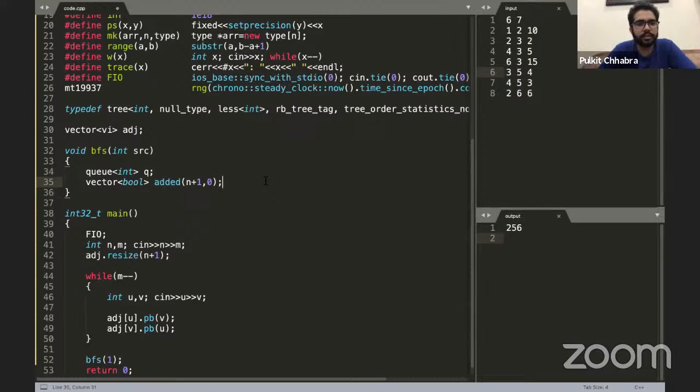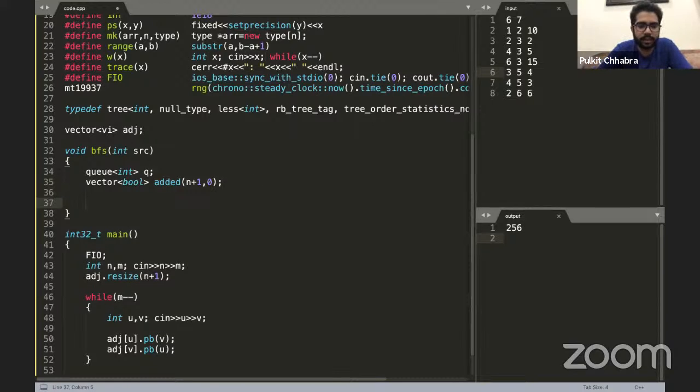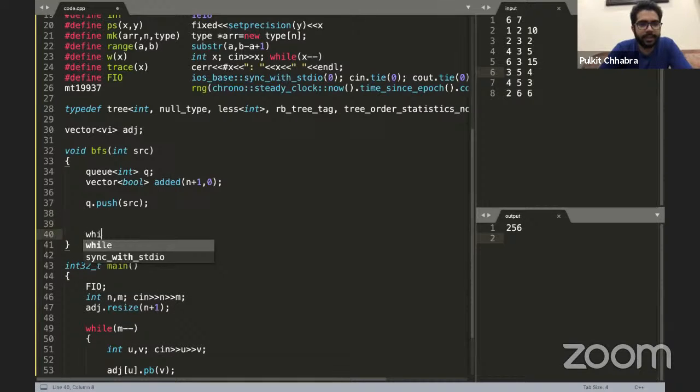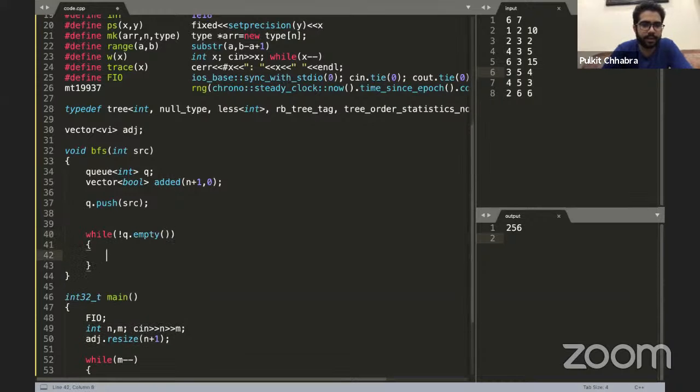Cool. So initially, I just add the source node to the queue, right? So the source node has been added to the queue, and then while the queue is not empty, we will get the current node, the front node from the queue.